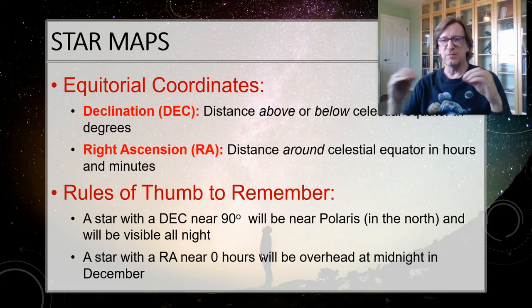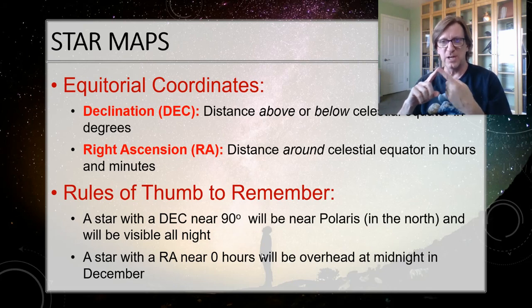And on your homework and everything we do from here, you're just going to talk about wintertime or summertime. If it's closer to 0, call it winter. If it's closer to 12, call it summer. Okay, so now you know how to use the coordinates for a star map, and you can use that to figure out where things are on the map, where they are relative to each other, and also whether they're the northern or southern part of the sky, and also what season they're going to be available in.